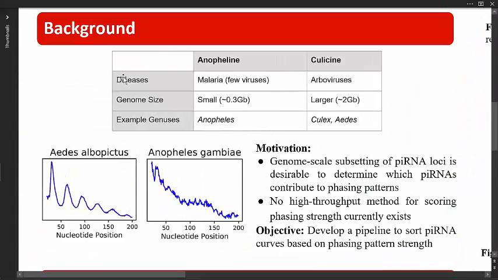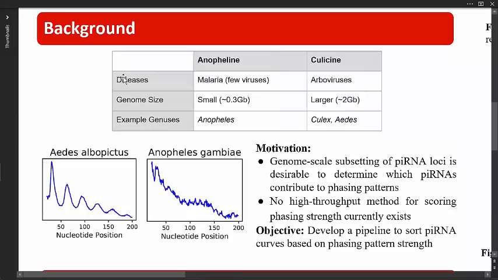Anopheles mosquitoes are carriers of malaria, one of the worst human pathogens, but they vector relatively few viruses. On the other hand, Culescine mosquitoes carry a whole host of human viruses, such as dengue and yellow fever, and this is largely due to their immunity to those viruses. One hypothesis as to how this immunity has arisen is in these characteristic piRNA phasing patterns that Culescine mosquitoes often